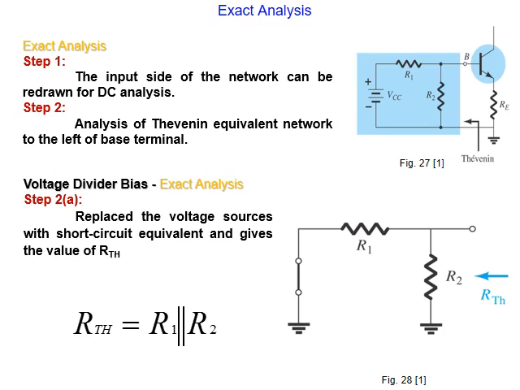Now, the exact circuit. In the exact circuit, we analyze analytically. This is the input circuit. Okay, as you can see here, this is the base circuit. Now, R1 and R2 are connected in parallel. They are connected in this way: the supply is applied to R1 and then it goes to R2 and RE, they are in